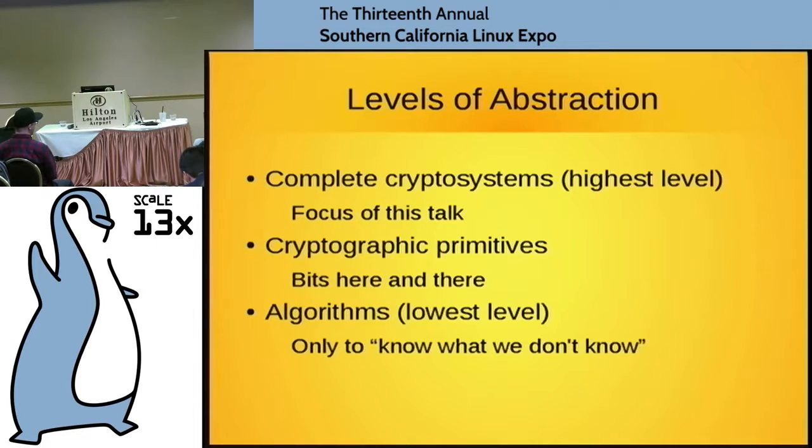They're functions in a library. They're black boxes. But they become like Lego bricks, and we put them together. We call them cryptographic primitives. We put them together into the highest level of abstraction, which is complete cryptosystems. So mainly we're going to look at the complete cryptosystem level, but we'll play a little bit at this level, partly to give you an idea of what it means, and also because unfortunately a lot of popular libraries don't actually give you complete cryptosystems. They give you a bag of building blocks and say, here, put it together, which is where a lot of exploits come from. At least you should be a little bit aware of it.